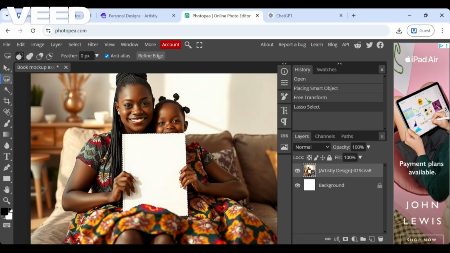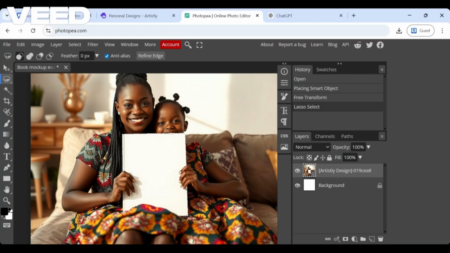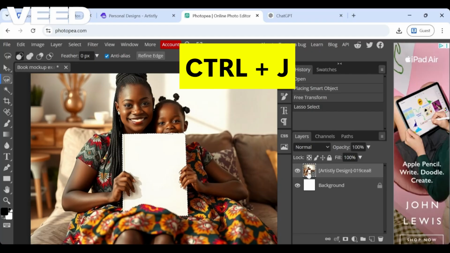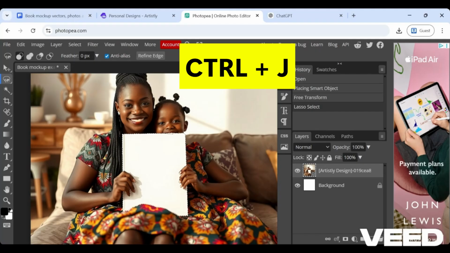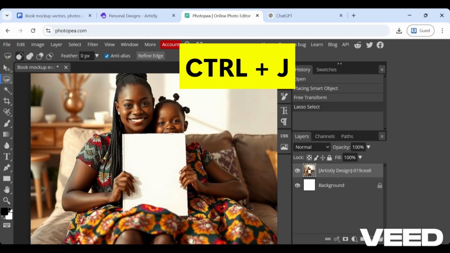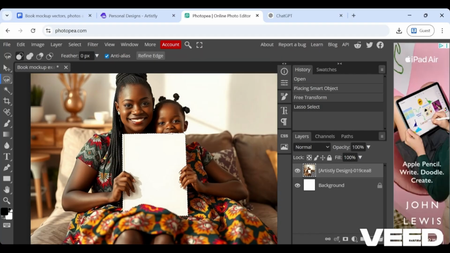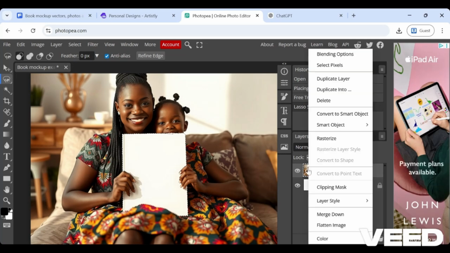So you're not finished yet. All right, what you have to do now, you're going to have a layer right here, and this is basically the base mock-up photo. You're going to have to click on this, and then just copy and paste it 3 times. Okay, so what I do on my keyboard is I click Control J. It will just copy it for me. I just do that 3 times. Okay. If you have an Apple, once again, Command J or whatever copies,